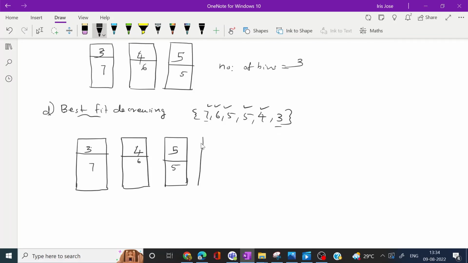So here also we will require only 3 bins. So in first fit decreasing and also in best fit decreasing, we will get 3 bins. The minimum number of bins is